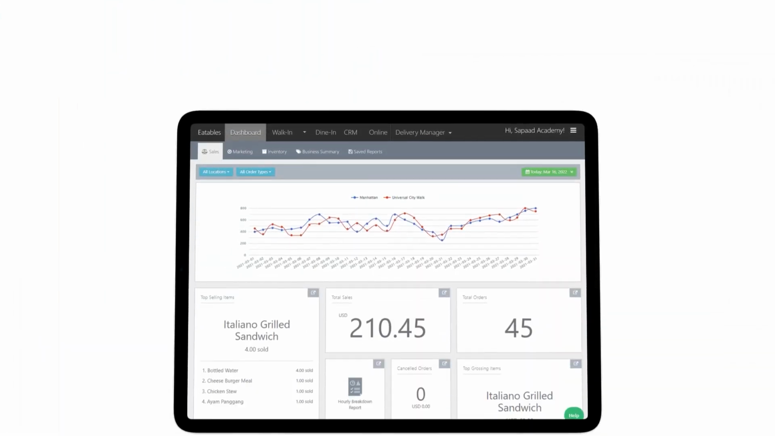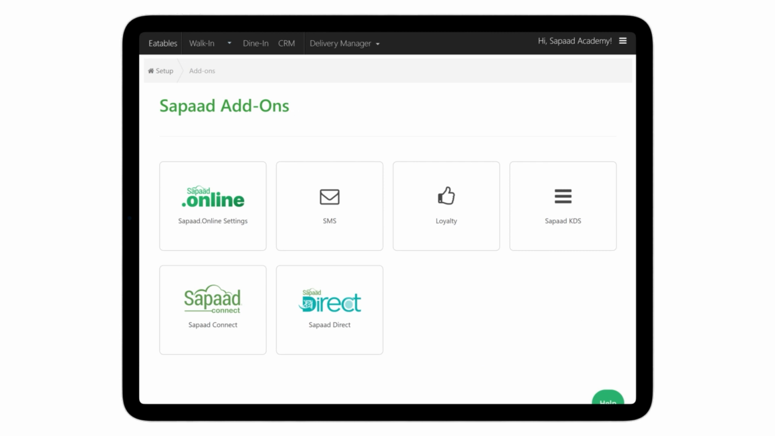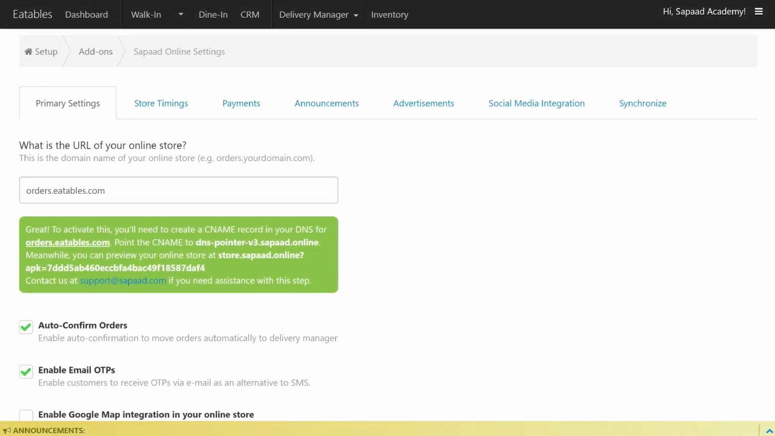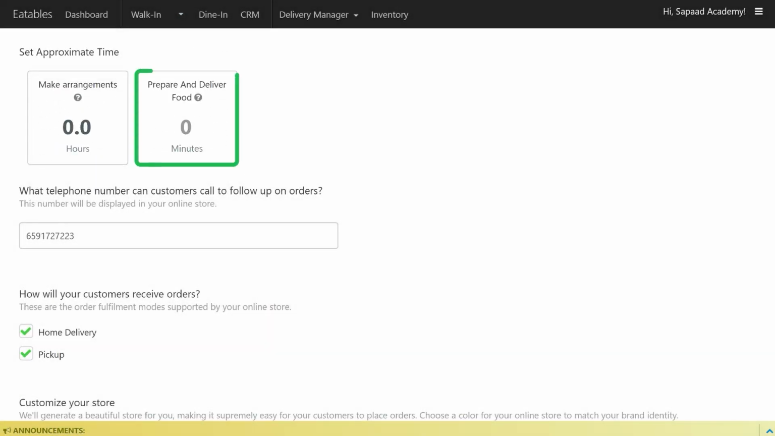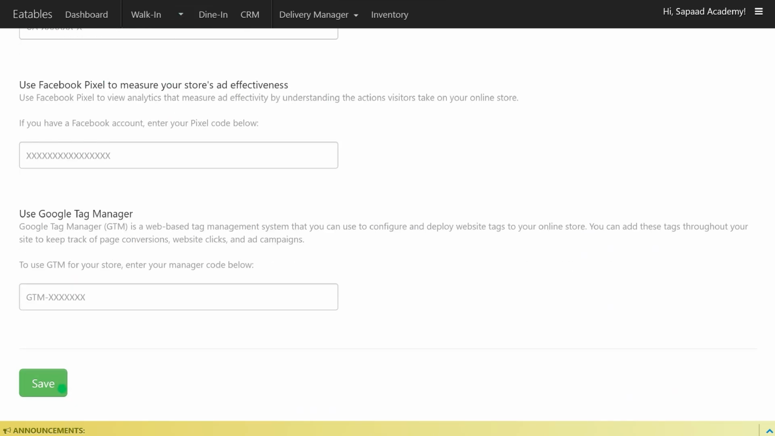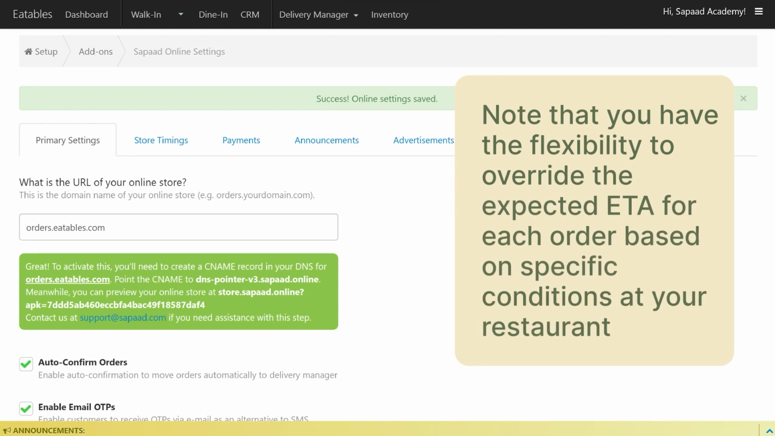Let's dive in. First, go to Setup, Sapaad Add-ons, then click Sapaad.Online Settings. Under the Primary Settings tab, scroll to the Set Approximate Time. In the Prepare and Deliver Food section, set up the time in minutes. Finally, click Save. Note that you have the flexibility to override the expected ETA for each order based on specific